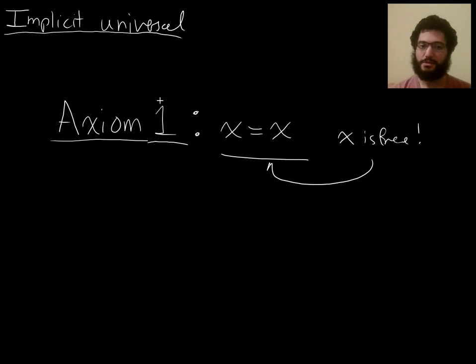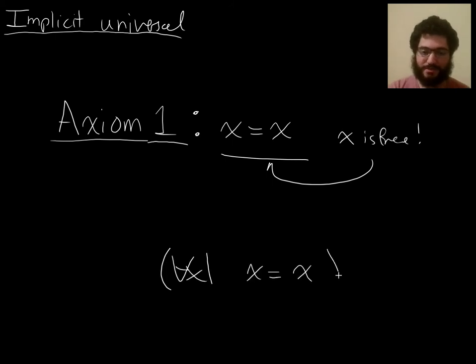But, okay, the way people would traditionally interpret this axiom is they would say things equal themselves. It's an axiom about equality, which is saying that everything should equal itself. Well, that sounds more like for all X, X equals X. That's everything equals itself. So how come the axiom is written like this, X equals X? Well, there's an implicit, unspoken universal quantifier. And in this video, I just want to explain why it's still correct to omit that universal quantifier and why people omit it.